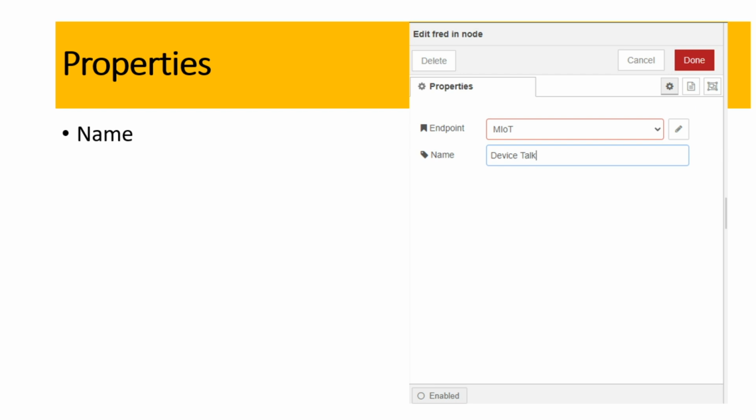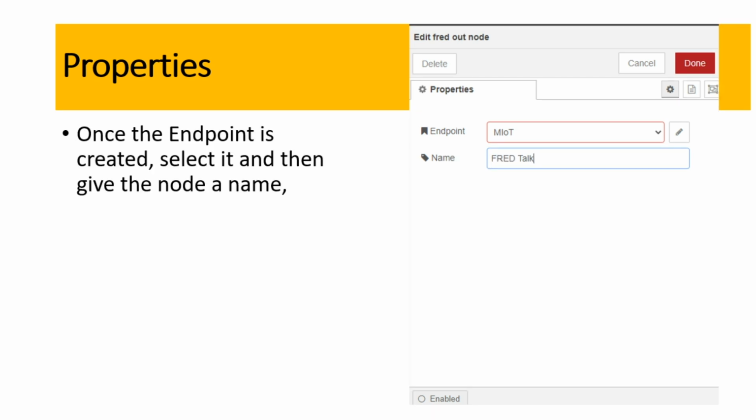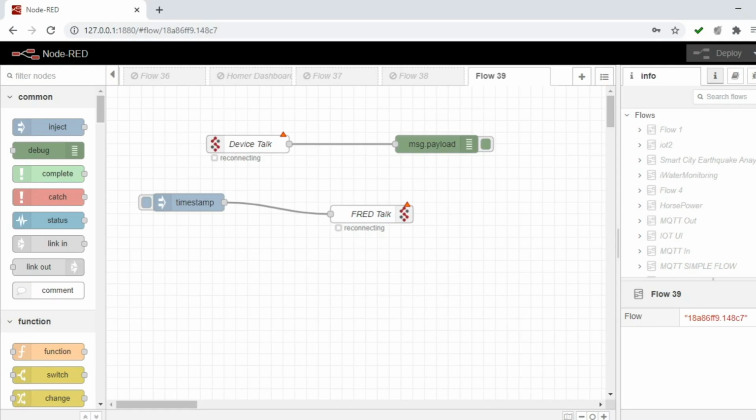Now after configuring the endpoint, you can give the name. I'm giving a name here, FRED talk or device talk, any name you can give here. After giving the name, you can click done. The same thing you have to do for the FRED out also. Both in FRED in and FRED out, you are going to configure the same property with MIOT.